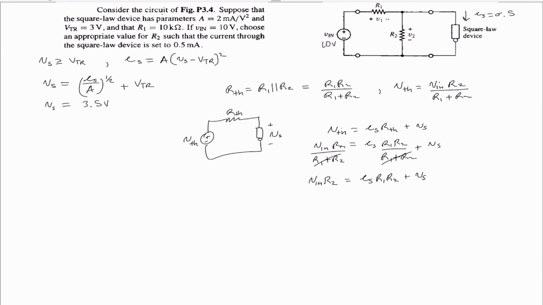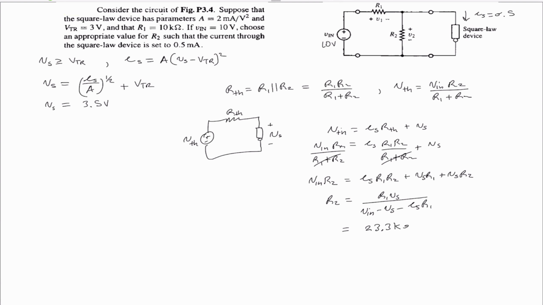Now we can distribute, so Vs R1 plus Vs R2. Factor and move over and divide. We get R2 is equal to R1 Vs, and that's all over Vin minus Vs minus Is R1. We have R1, we know Is, we know Vs, and we know Vin. Plug in the necessary information. R2 will then equal